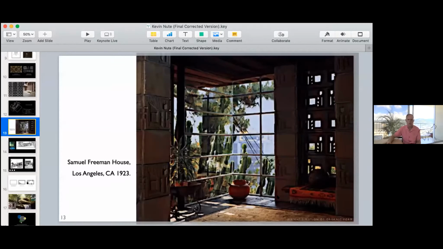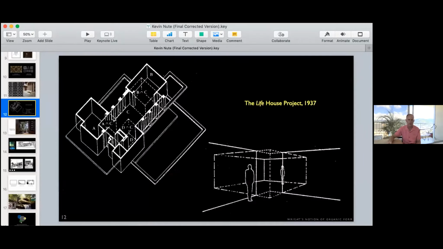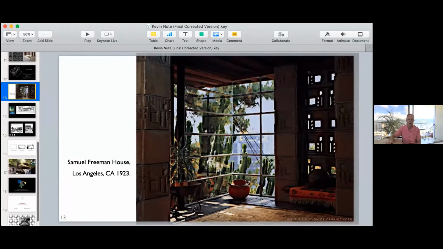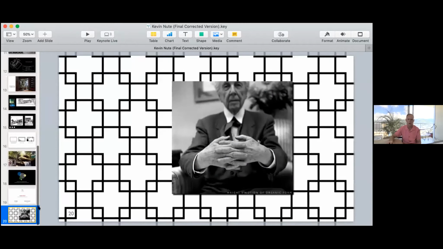So the interlocking spaces, sure, the interior space is interlocked, right? But Wright's architecture also interlocked with its surroundings. So the corner window, you can interpret it many ways, but one of the ways I interpret that is an interlocking between the built, the cultural, and the natural, right? And just to finish that up, I think that sums up Wright's, in a diagrammatic form, his view of an organic world where everything is connected to everything.